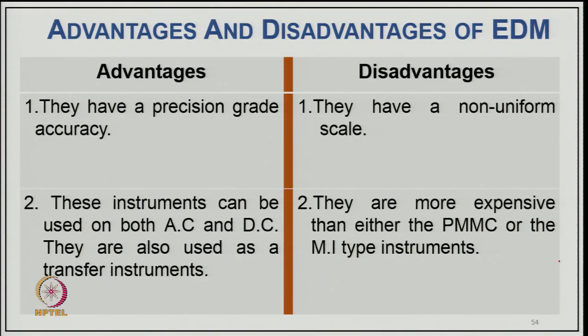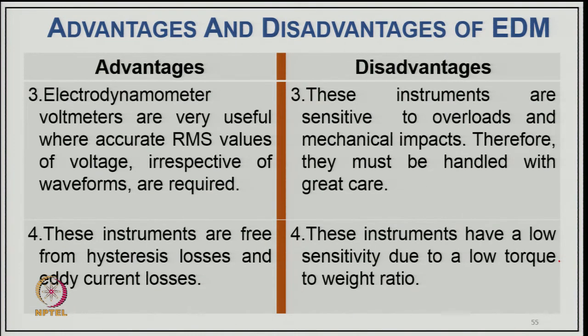Now, coming to advantages and disadvantages of this electrodynamic wattmeter. The advantages are they have precision grade accuracy, these instruments can be used for both AC and DC, and they are also used as transfer instruments. And disadvantages, they have a non-uniform scale, and secondly they are more expensive than either PMMC or MI type of instrument. The third advantage, electrodynamic voltmeters are very